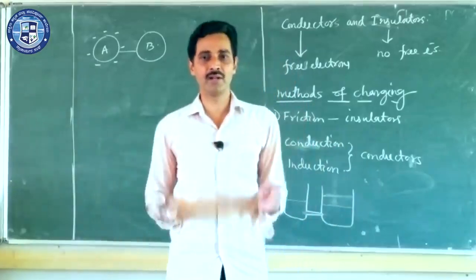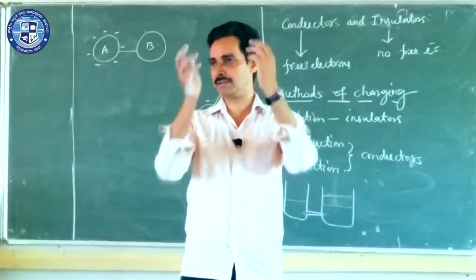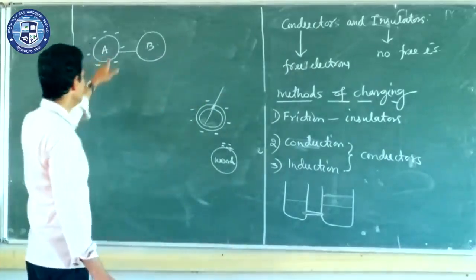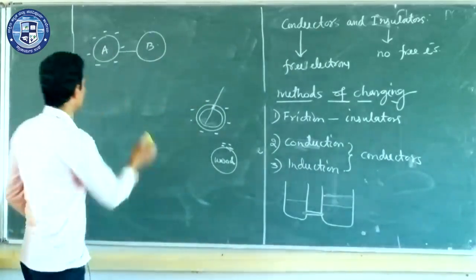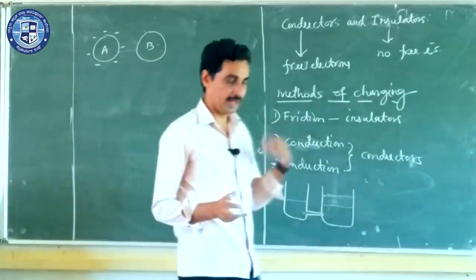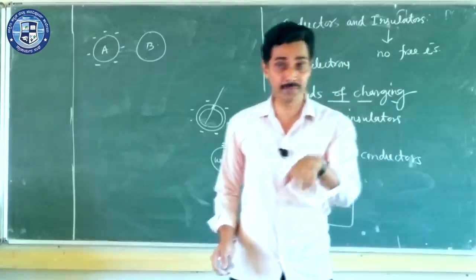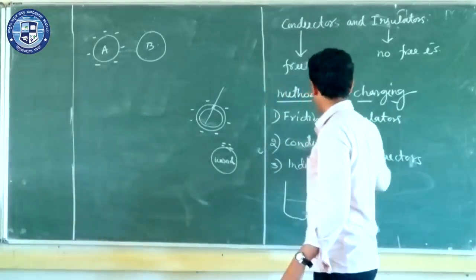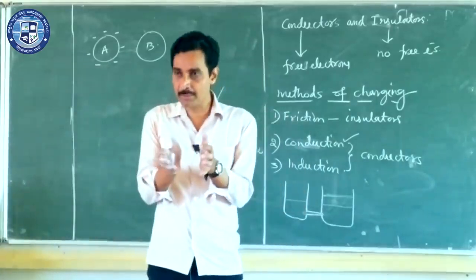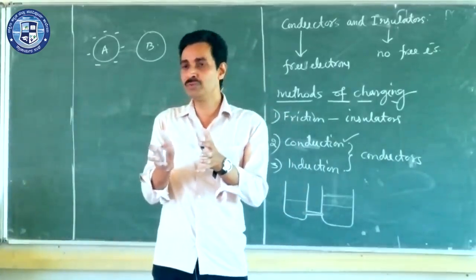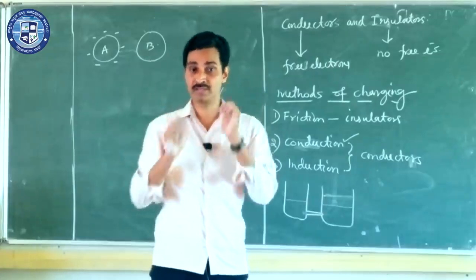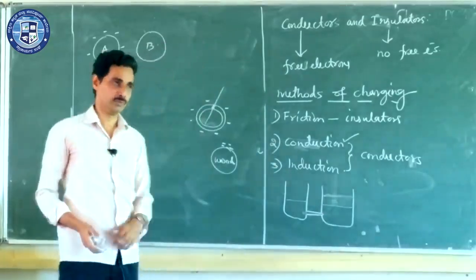Charges always reside on the outer surface of the conductor. Now, if it is so, we will come back to our job. We have left this already. Now, two conductors, A is already charged. I want to charge B. Method used is conduction. Very simple. These electrons are already repelling each other, and they try to move as far apart as possible. They are in the outermost surface now. Further apart, they can't move.